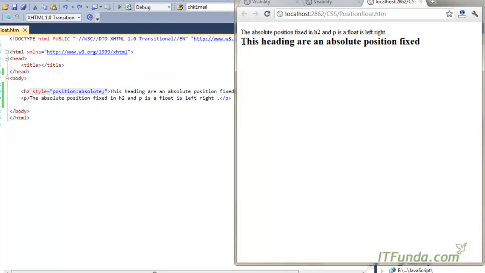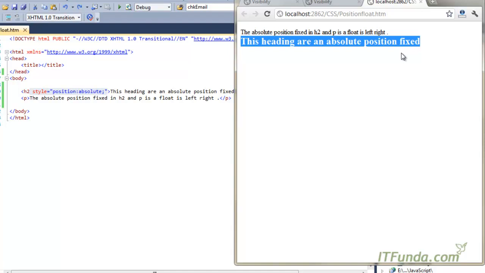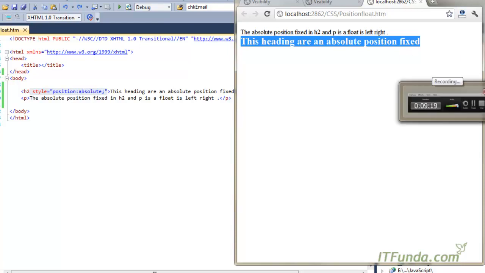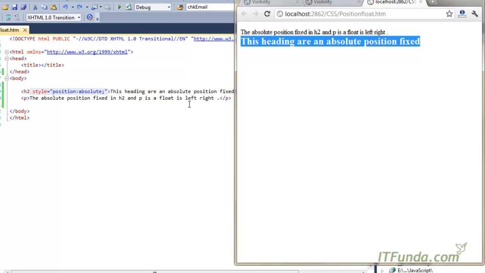It means that this heading is not occupying any space. It is like floating on the surface of the web page. It is not taking its own space. So that was the use of position absolute. So wherever you want exactly your element to appear, you can simply go ahead and place that element with the style position absolute, and that element will exactly appear there. It will not even care about its height and its width. It will float on the page and it will appear.